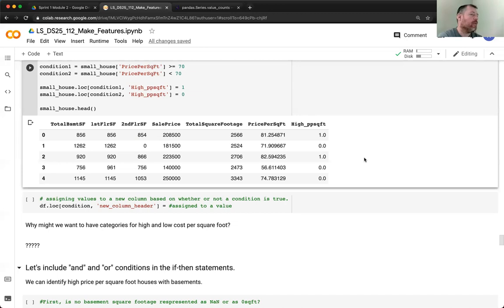Well, maybe the real estate agent wouldn't want to, if you were developing this out for a real estate agent or something, maybe they would only want to focus on the ones that are above 70 or above whatever value. Okay, yeah, maybe you want the biggest commission. Maybe you are the real estate agent, right? And you want to sell homes that are expensive, so you get the biggest commission or something like that. So you can only work with so many clients, right? And so as Jerry says, you want to narrow your search down to only those homes that are gonna make